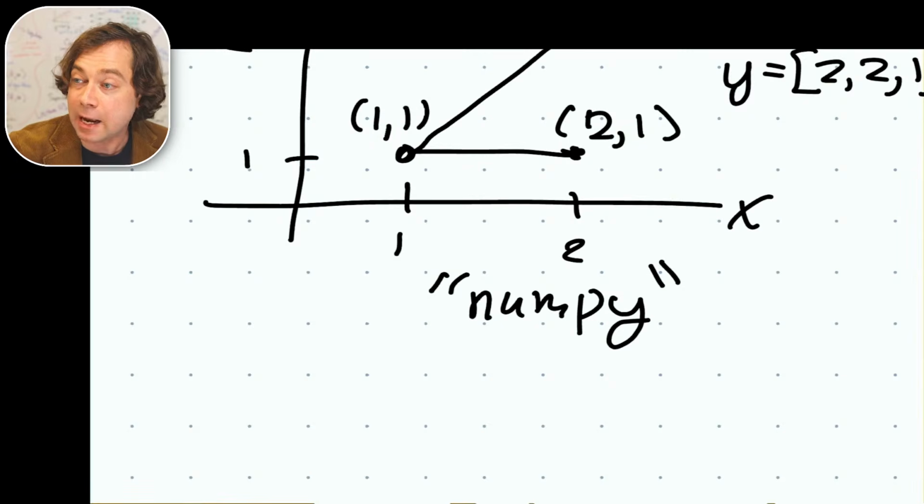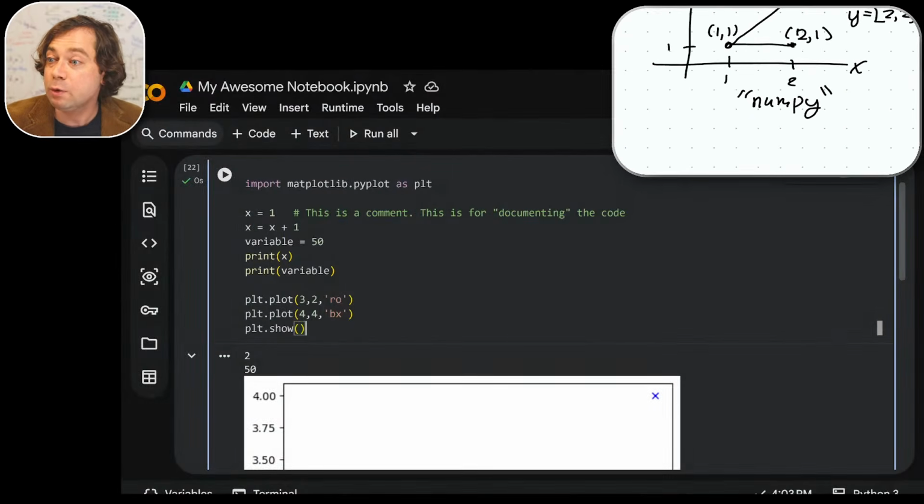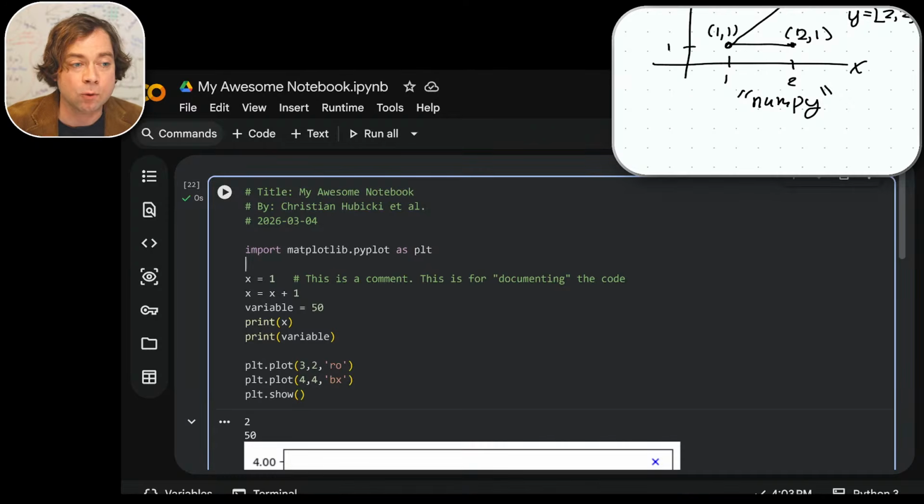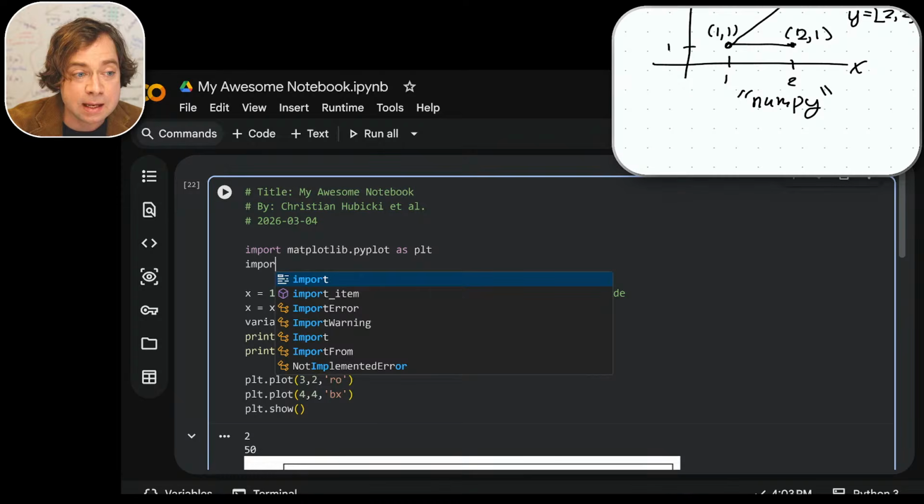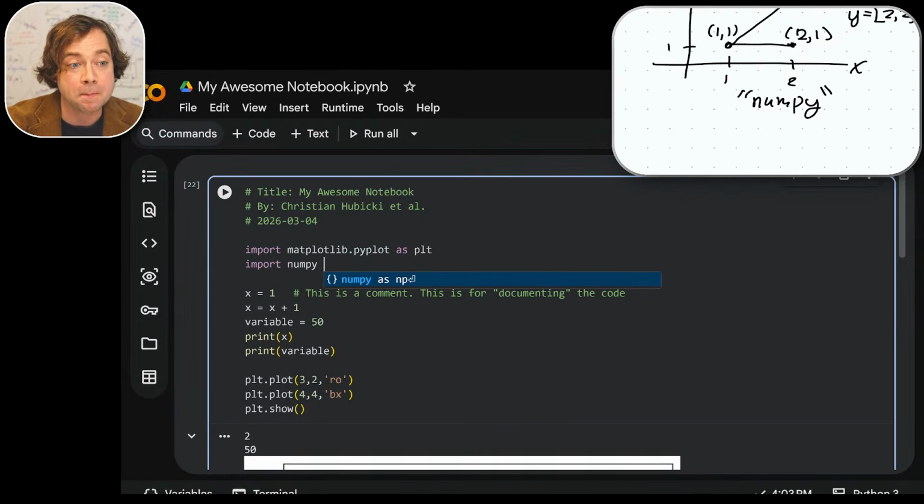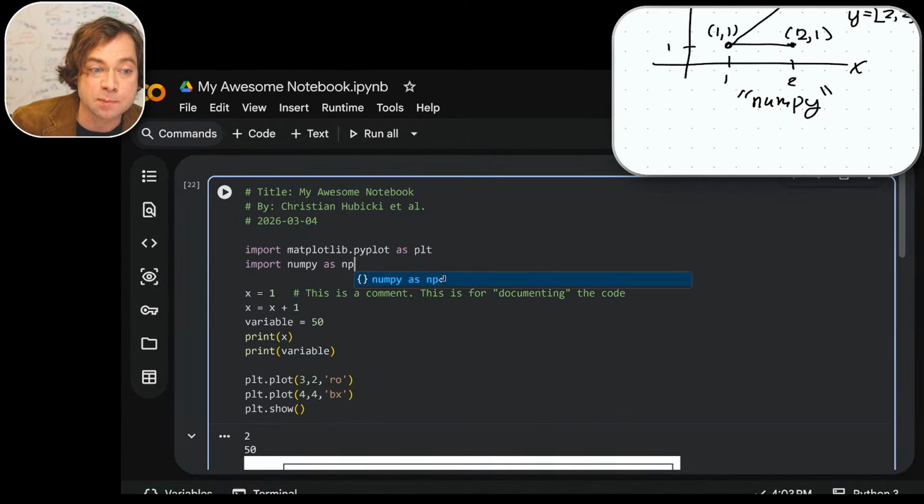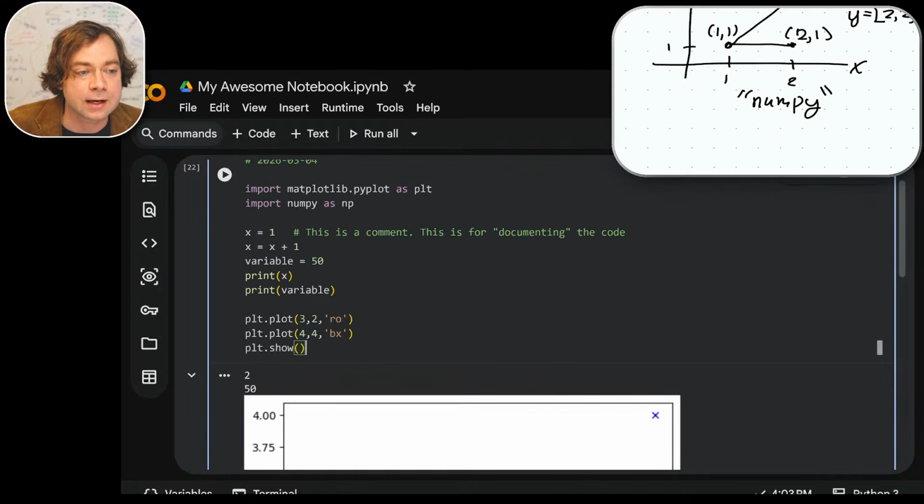So we're going to have to go back to our code. We need to add to our import. We need to also import numpy. Okay, so we're going to say import numpy. And we're not going to want to write numpy many times. We're going to make it shorter. So we're going to create an alias. We're going to say as np. Okay, so if we want to make a list of numbers, what we're going to do actually is